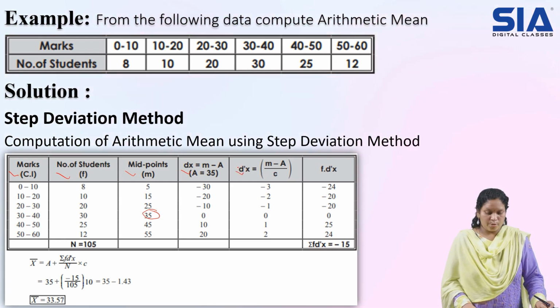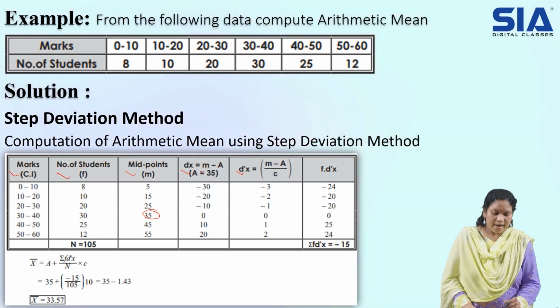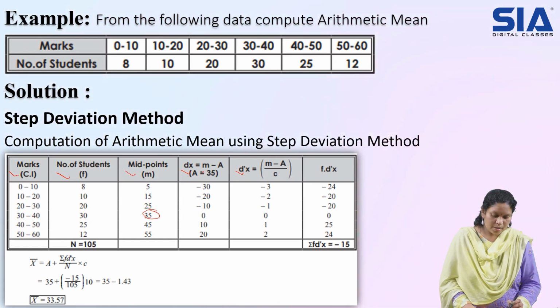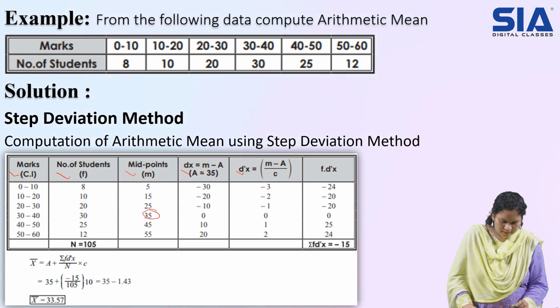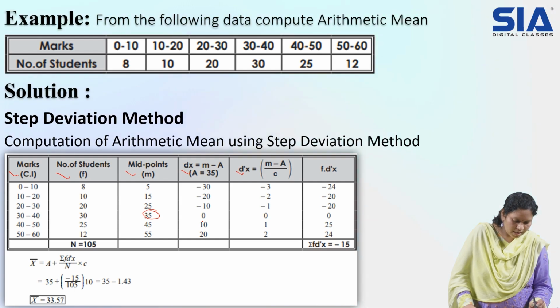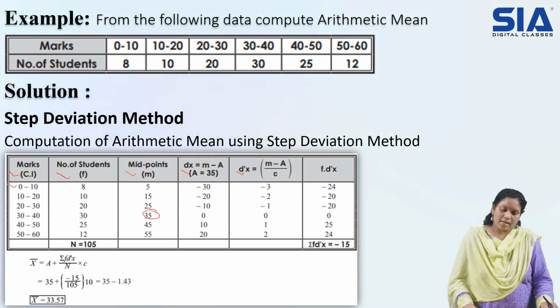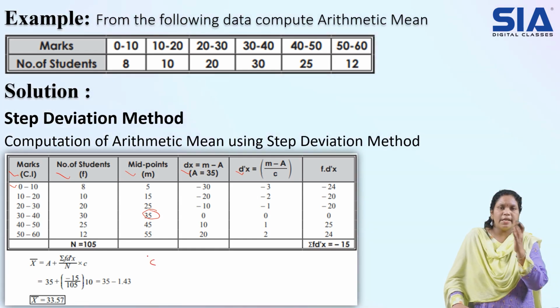Now let us discuss how to do that. d dash of x is nothing but: take the dx column, whatever you have, the m minus a values, divided by c. C is a common factor. Each value, like minus 30, minus 20, minus 10, 0, 10, 20, you got. Now look at your class intervals and how they range: 0 to 10 is a class interval, right? So it's a difference. Upper limit minus lower limit, that is your common factor,